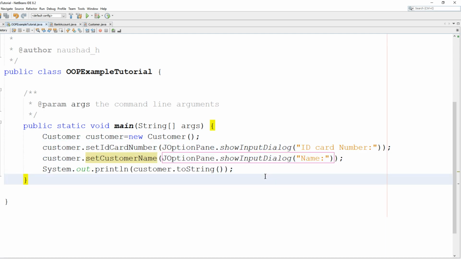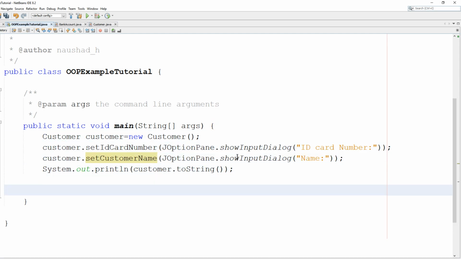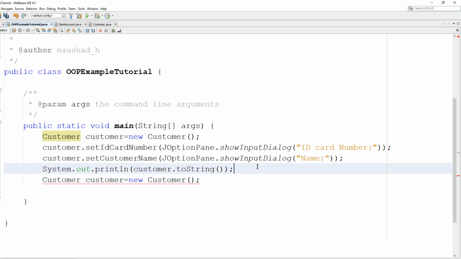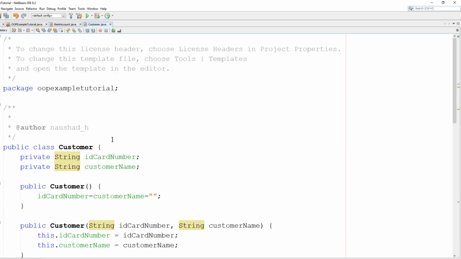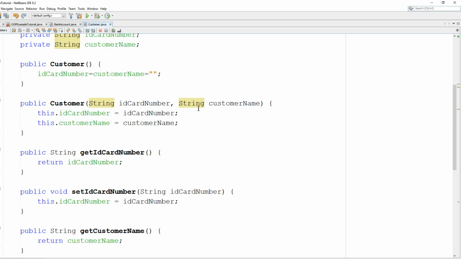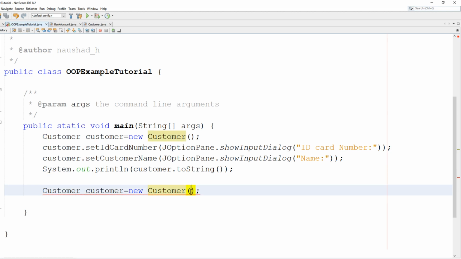This is one step. The second step is, if you know the information, let's say this information comes from a database, or you already know them, then you can use the default constructor, so the overloaded constructor. See, if you know the details, you can directly send across the ID card number and customer name. So you can say what is the customer ID card number? A0, for example, comma, what is his name,